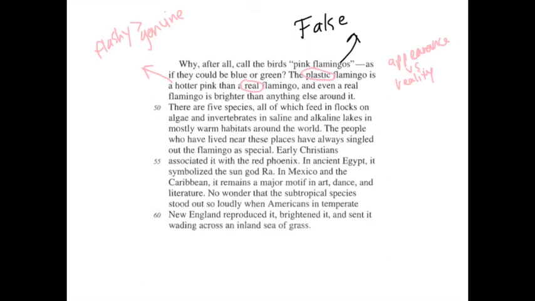And in the next section, she brings up this contrast of other cultures with American culture. She uses this string again, this repetition of cultures. She describes the Christians, ancient Egypt, Mexico, and the Caribbean. These are all places that contrast America, and they also use the flamingo as a representation of something meaningful,